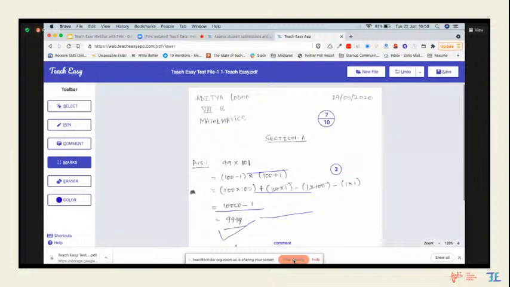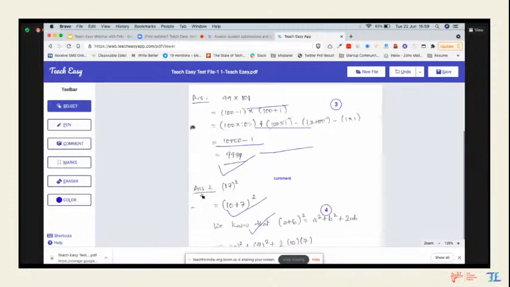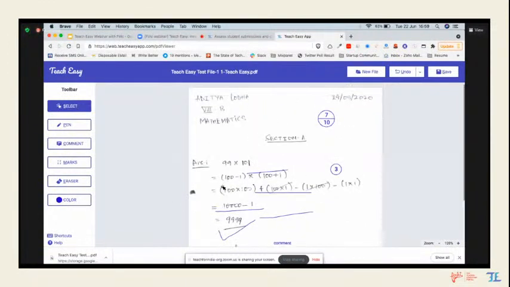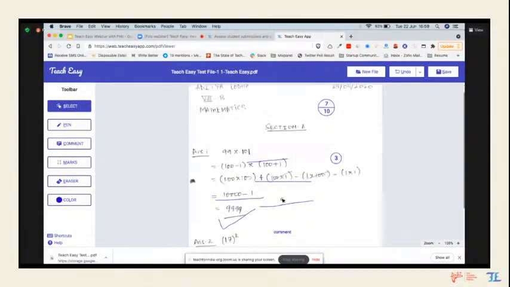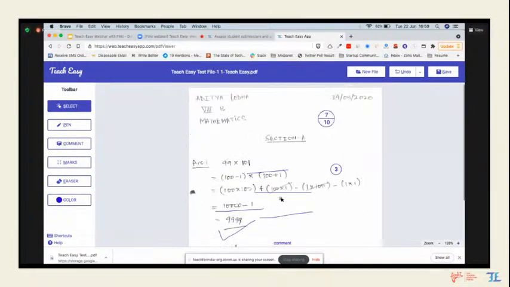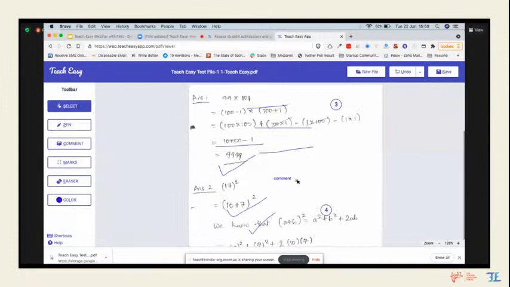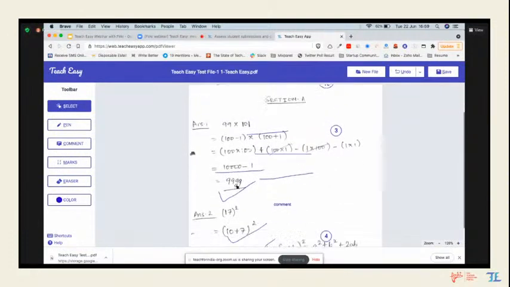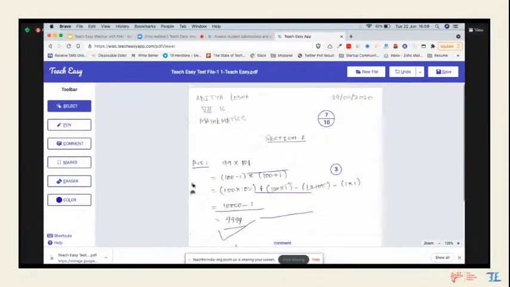Also, Siddharth sir, one more thing, the select option which you are showing, if you can just help me with this also, because when I'm doing select, I am unable to scroll. I have been told by Abhishek that the select tool is basically to select and drag whatever you want to. Right. So can you just show me? I am unable to do that also. Ma'am, see, I am scrolling. So basically the select tool is enabled, and I am able to scroll. No, you are able to scroll. But if suppose you have given 3 marks, but this 3 marks I want on the extreme right side or extreme left side. Can I select this 3 marks and scroll it somewhere else?